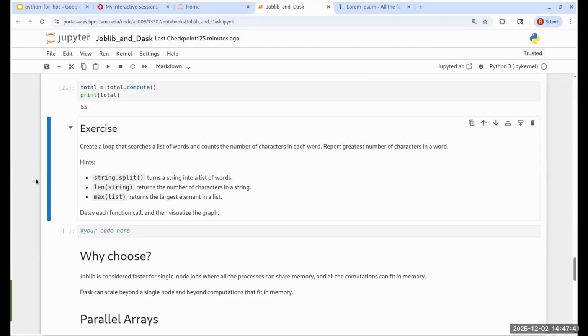I see a suggestion in the chat, Fibonacci. The Fibonacci sequence is, I'm not certain you can parallelize the Fibonacci sequence. Can you? Can you parallelize that? Because